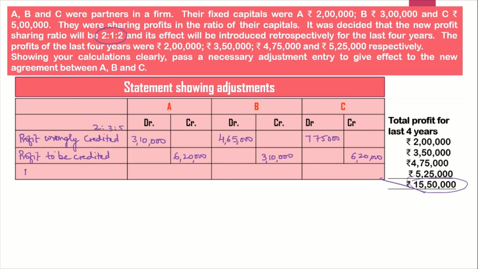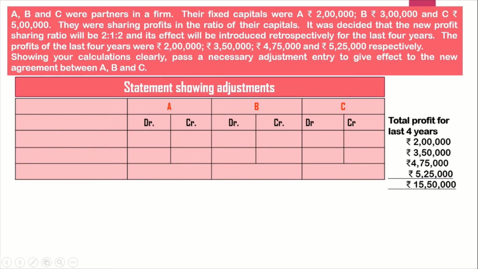So finally the net effect, which is like 3 lakh 10,000. This is the difference between the two columns, 1 lakh 55,000 and again 1 lakh 55,000. And again, which one is greater? The debit column is more, and the debit column is more. So this is the way I can get my net effect, which I'm going to use for my journal entry.